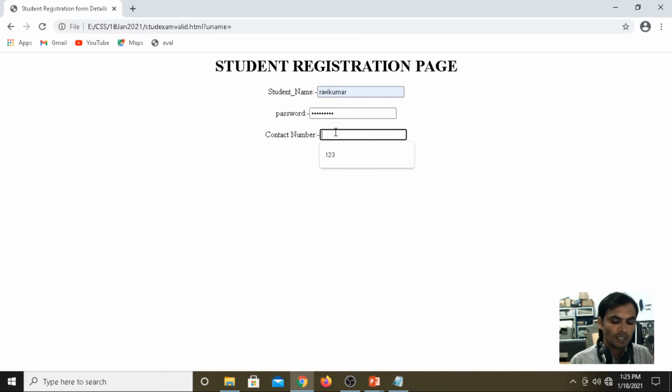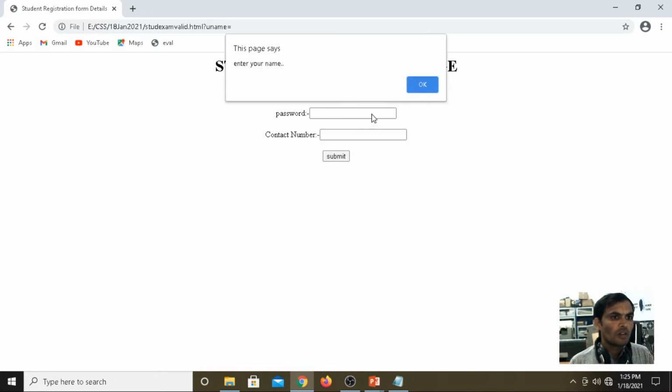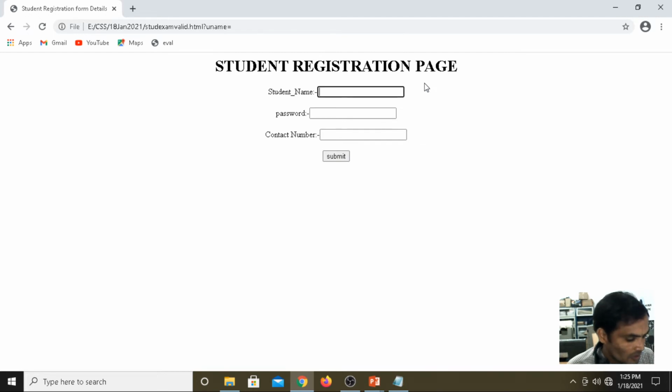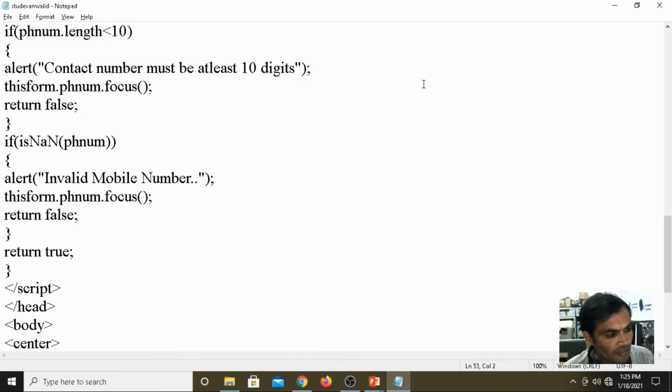Then for contact number, I am giving Ravi Kumar, so it is not a number.